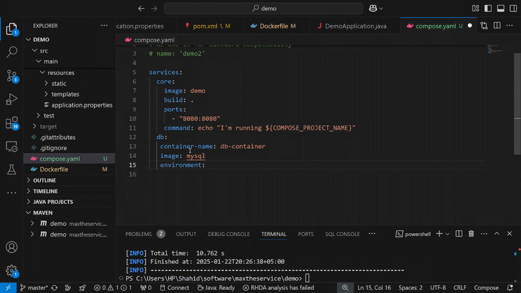Let me check why it is behaving like this. Under environment, I have MYSQL_ROOT_USER, root,